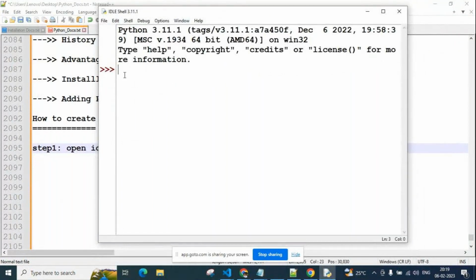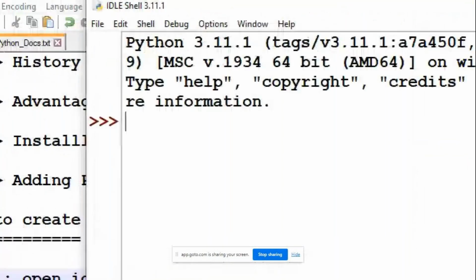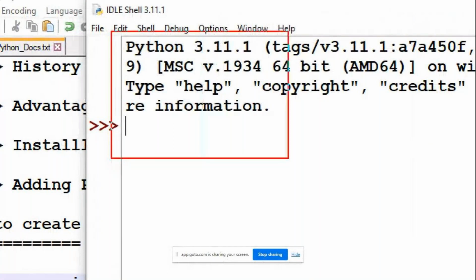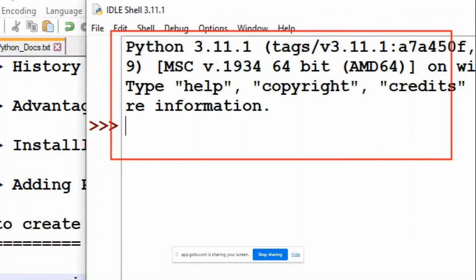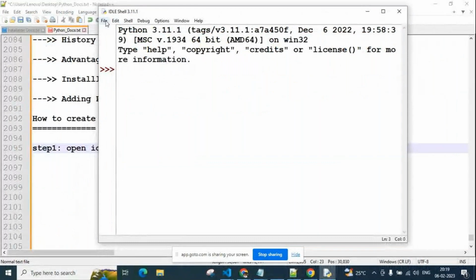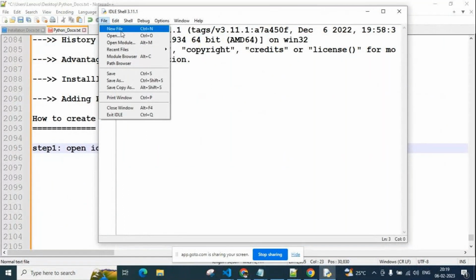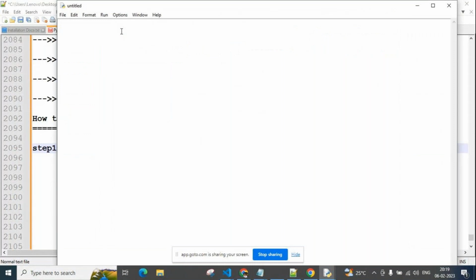After opening, I can execute here, but I said this is only for testing purposes. If you want a notepad for creating many lines of code, click on File and then New File. It will open like a notepad, guys. Now here you can create the code.